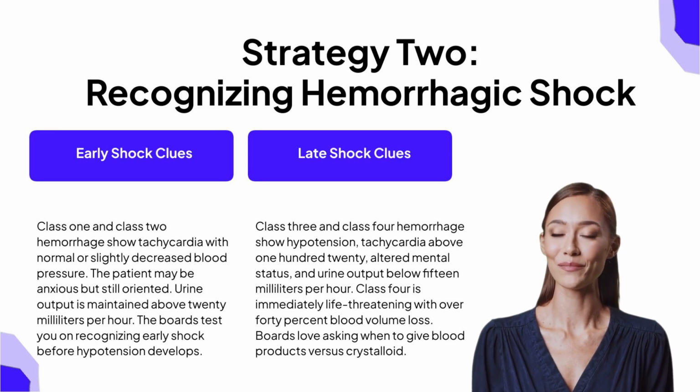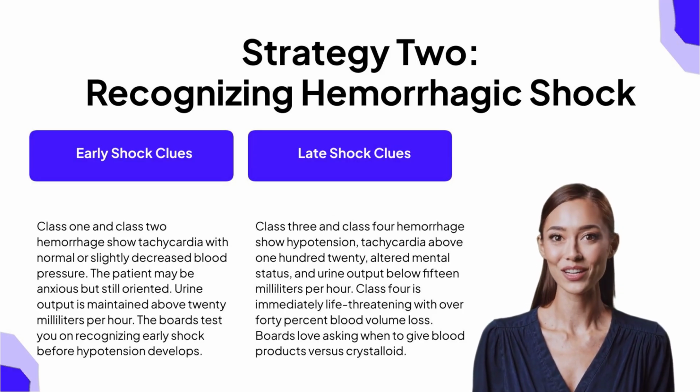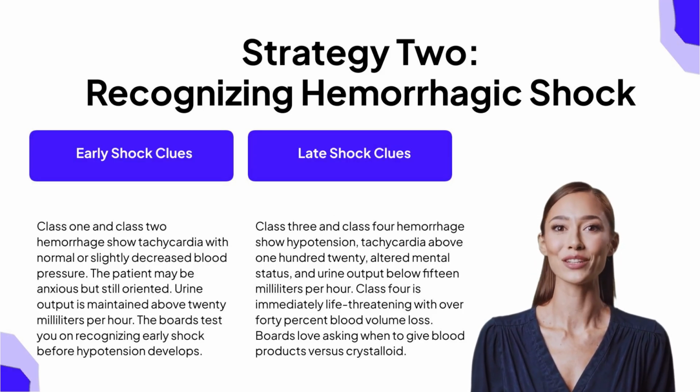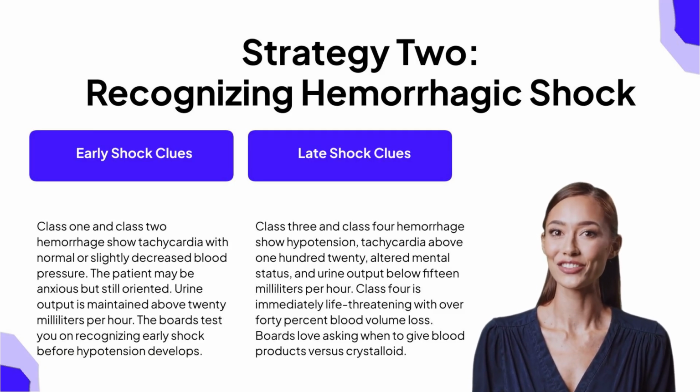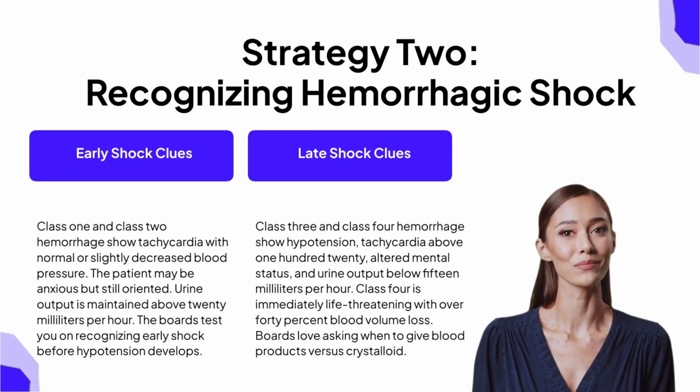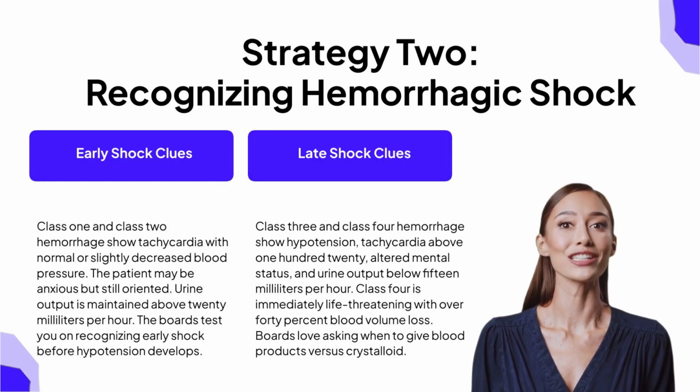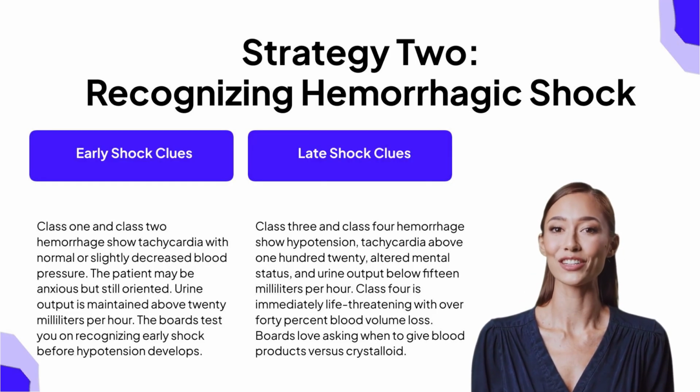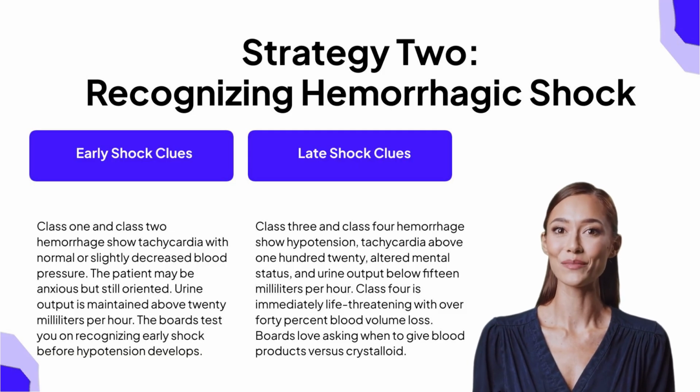The boards frequently present a trauma patient and ask you to identify the class of shock and the appropriate management. Here is the key. Class 1 and Class 2 hemorrhage often present with tachycardia but maintained blood pressure. The patient may be anxious but still alert and oriented. Urine output is still above 20 milliliters per hour. This is where many students get tricked because the blood pressure looks normal, but once you see Class 3 and